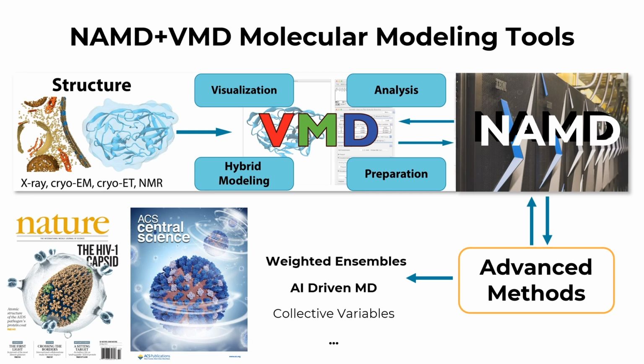NAMD and VMD are the flagship molecular modeling applications developed by our laboratory at University of Illinois. VMD allows researchers to combine multiple modalities of experimental structure information from X-ray crystallography, cryo-electron microscopy, and homology modeling to build and analyze atomic detail models of large biomolecular systems, such as viruses. Once the structures have been prepared, then they can be simulated on parallel computers using NAMD. NAMD is designed to provide both strong parallel scaling for a single simulation and also to accelerate ensemble sampling and replica exchange approaches. Both programs are unique in their support for large-scale parallel computing platforms and the size of the biomolecular systems that they can model.